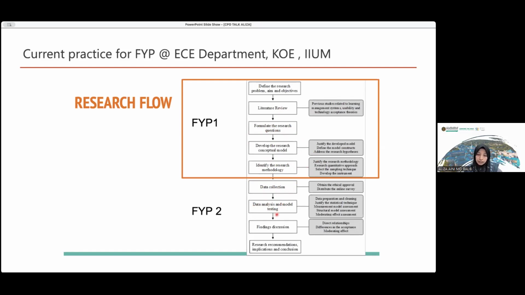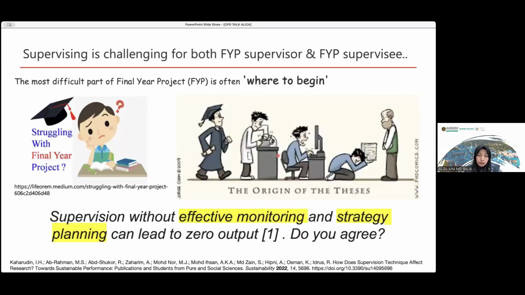The data is very important so that they can do the analysis and the model testing. On top of that, validation is important to make sure that the data analysis and whatever result they have are benchmarked with other research works. And discussion is also another skill, how they analyze and discuss the data based on the findings and with the conclusion. So there are so many skills that they will learn in FYP1 and FYP2.